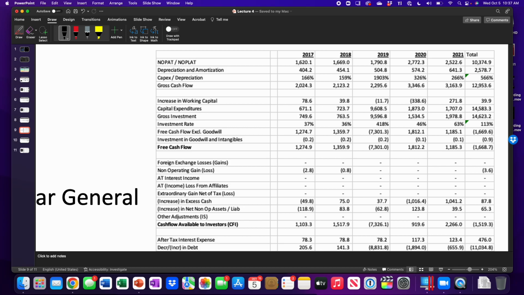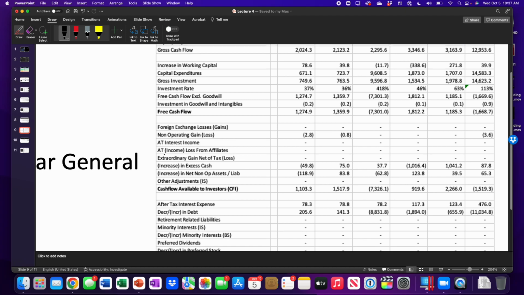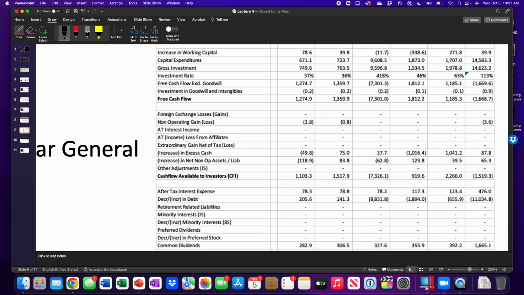Now, how did they fund the negative $1.7 billion of free cash flow to help fund that expansion? Well, they didn't really do a lot of non-operating. They basically ended up with $1.5 billion of negative CFI because they drew down about $88 million worth of cash and sold off $65 million worth of assets, right? So really, they still needed to fund the $1.5 billion. How did they do that? Well, they paid $476 million in interest. That's not going to fund them. They borrowed $11 billion,